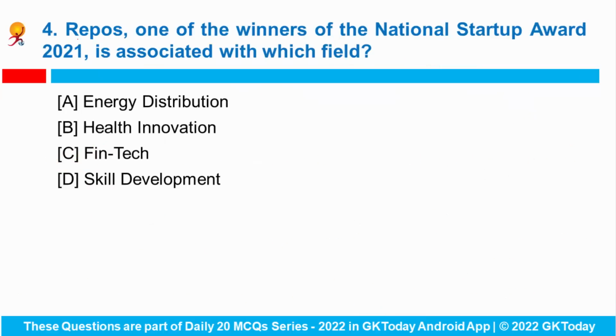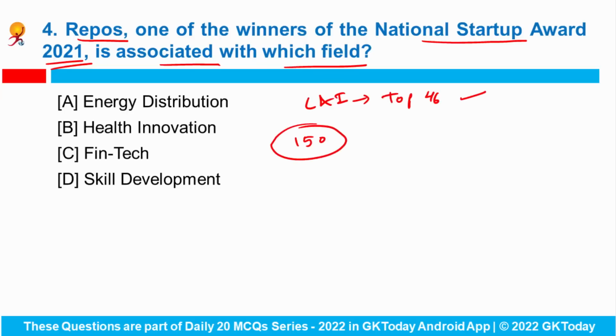Question number 4. Repose, one of the winners of the National Startup Award 2021, is associated with which field? So Ministry of Commerce and Industry named the top 46 Indian startups and presented them the National Startup Award 2021. So 150 entrepreneurs presented their policy recommendations at the virtual gathering presided by Prime Minister Narendra Modi. So Pune-based Repose won this award in the energy distribution category for their door-to-door delivery of fuel. Okay. Now talking about some of the important awards,